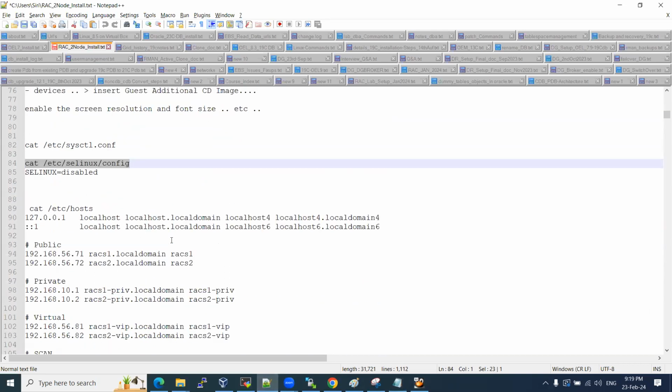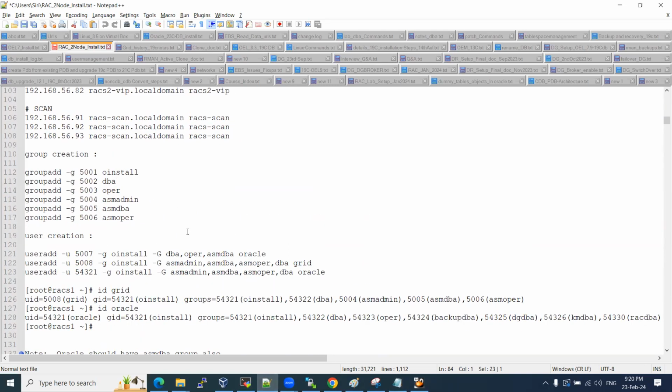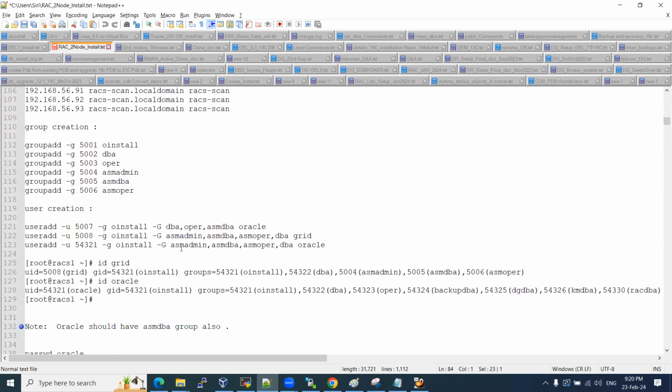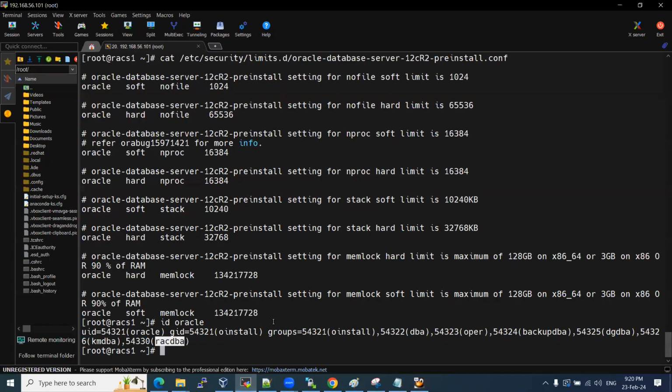Okay. For that, I want to check the users. Yeah. These users are required. ASM admin, ASM DBA, ASM Oper. Our RAC also going to fail otherwise. For that, I want to add this also. If you want to create these groups, you can create in this way. Let me create groups also, ASM groups. We need to check the